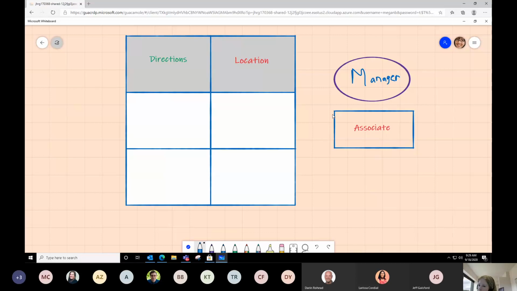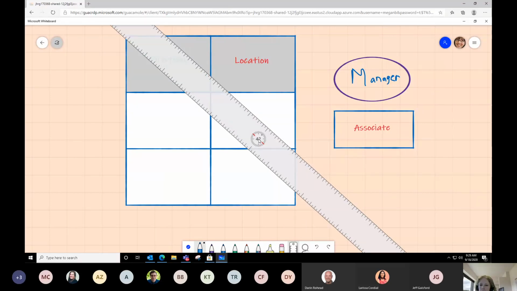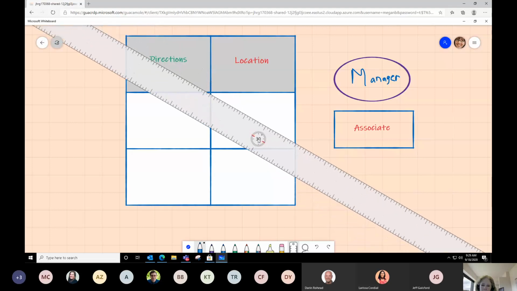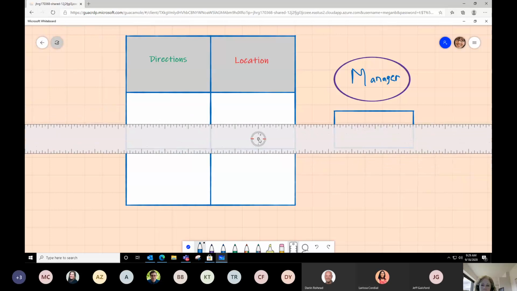Now, another option you have when it comes to drawing really straight lines is down here again, when we have the marking pens on, you have a ruler. And what you can do with the ruler, because it comes in at 45 degrees, is actually use the scroll bar on your mouse. If you click on it, you can use your scroll bar to straighten it out. You can see here, this allows you to really draw lines at all different angles.